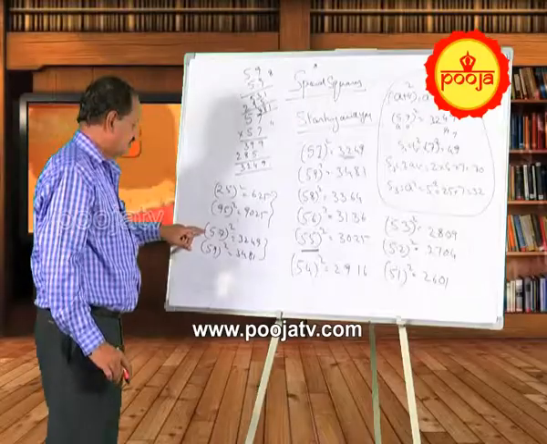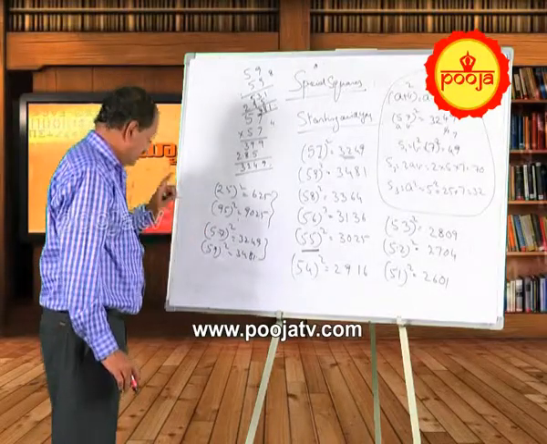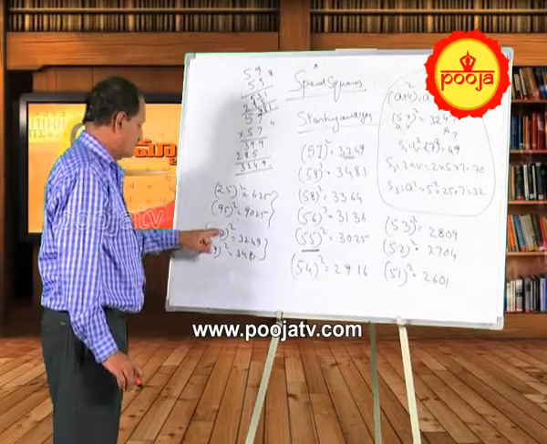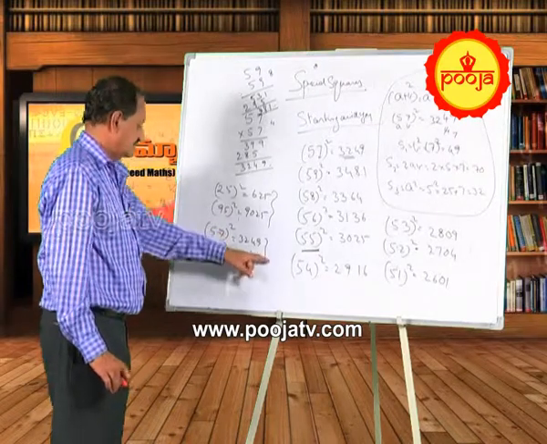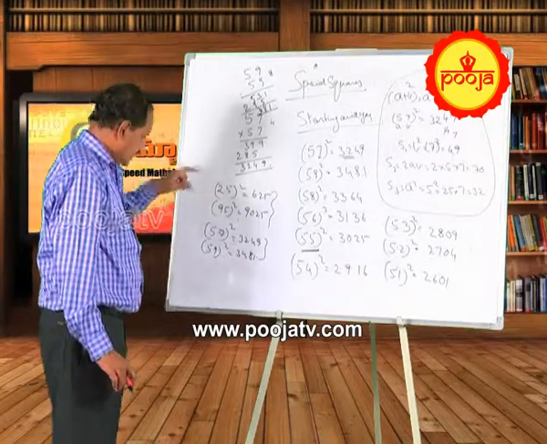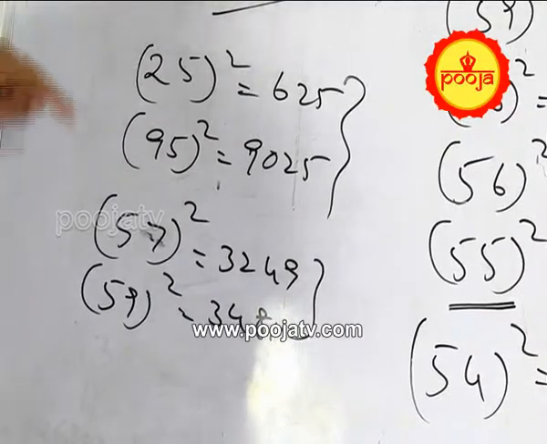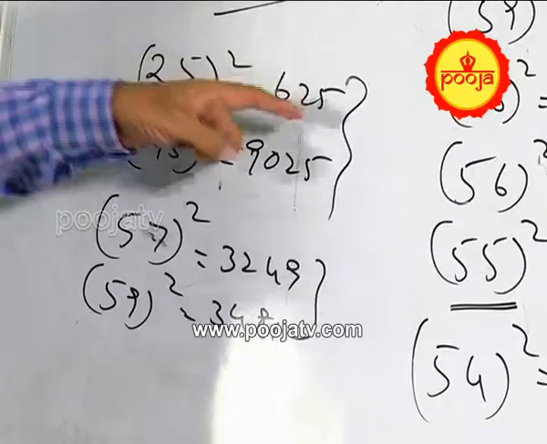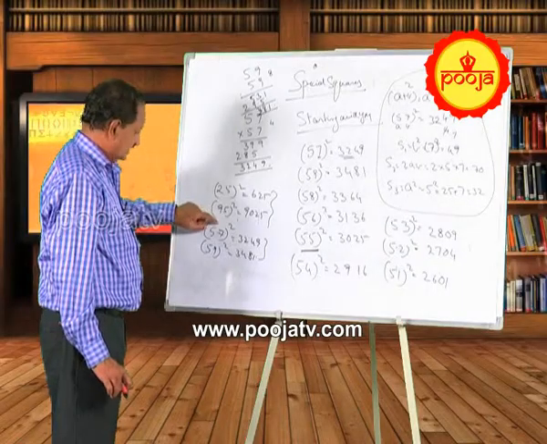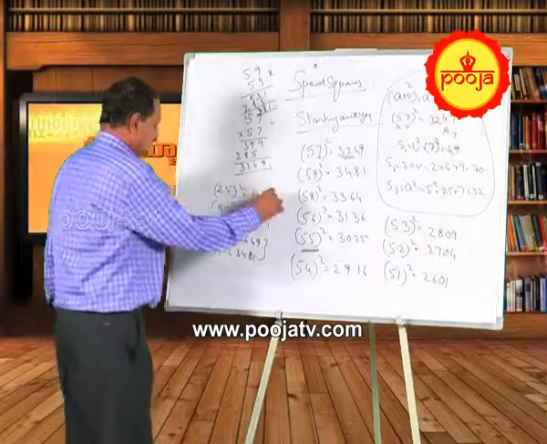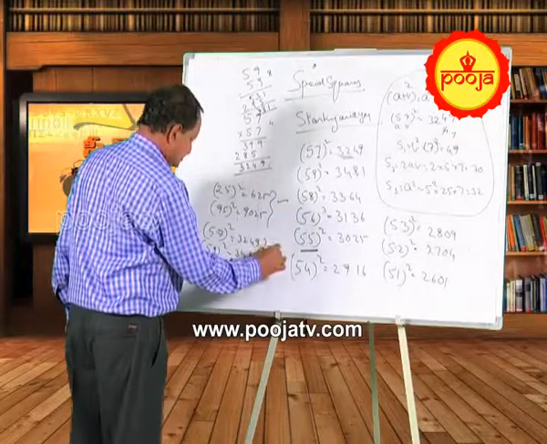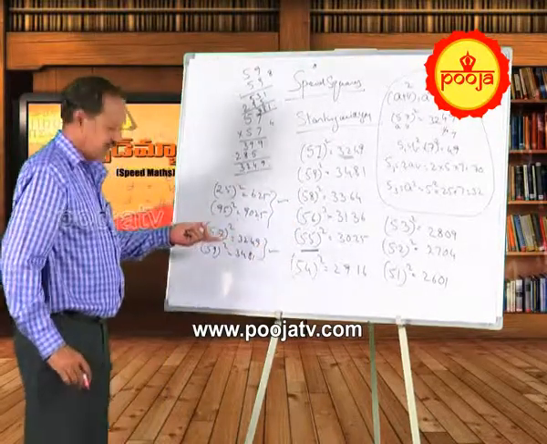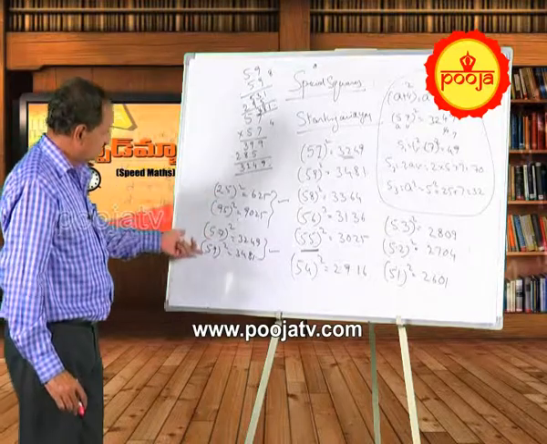Don't get confused. When it starts with 5, you have to square the 5, that is, add 25 to this number, and then write the square of the last number. Here, when it ends with 5, go to the next digit which is in the tens place. Here it is 2, the next digit is 3, 2 times 3 is 6, 5 5 is 25. For 95, 9 and the next digit 10, 9 times 10 is 90. This is ending with 5, this is starting with 5, is it not? Can't we do it in a few seconds just by seeing the number?